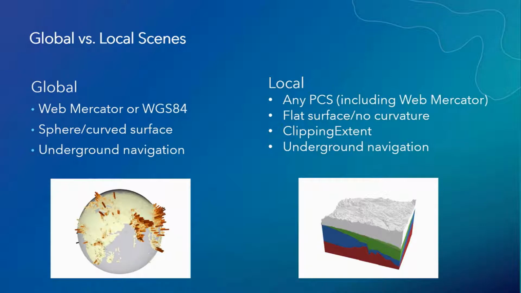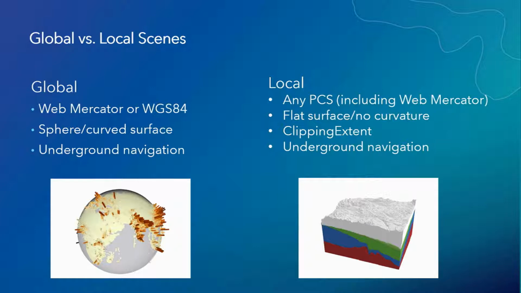And when we're building these scenes, you might want to think about, am I trying to show things in a global scene or in a local scene? And just a little bit of information about what is a global scene and a local scene. Global scenes support cached layers that are in Web Mercator or WGS 84. When you're using tiled layers like vector tile layers,